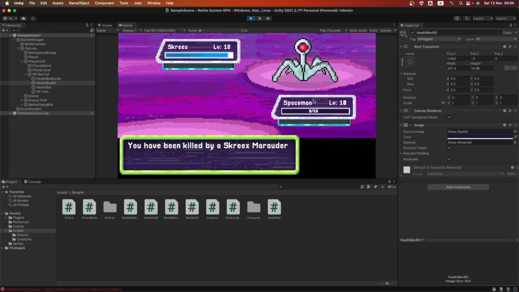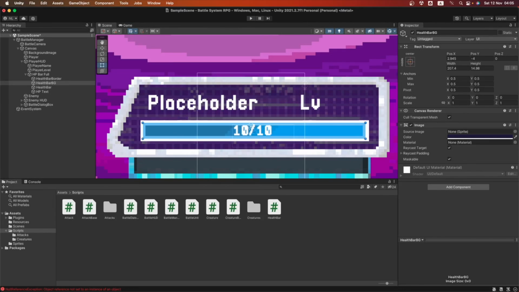Now we're going to fix how these numbers are updating, because we have this bug where this number from the left is getting higher than this from the right, and also at the beginning we aren't getting the right max health points for the creature. When we finish that, we can duplicate it and pass it over to the enemy. So let's find where we're going to fix that. Let's stop this and do that.